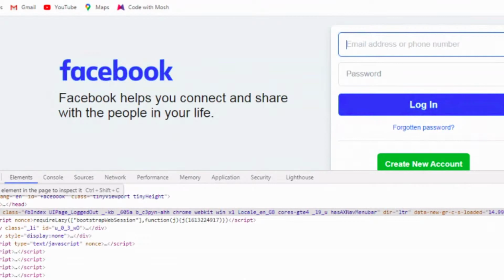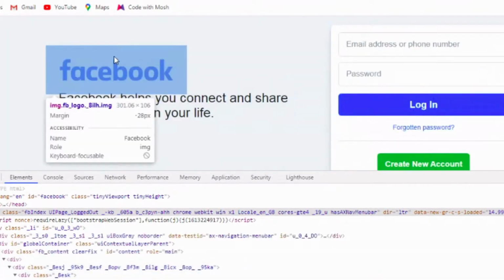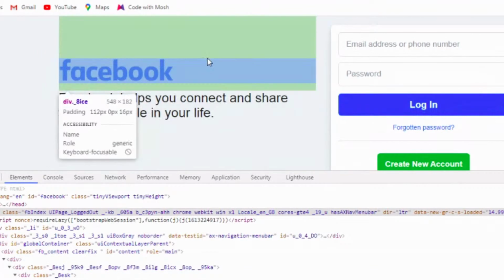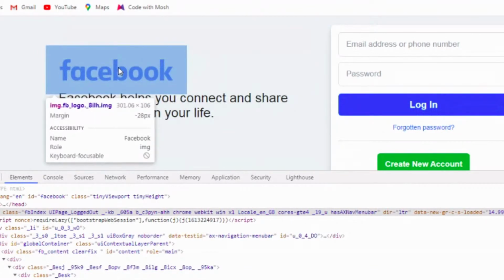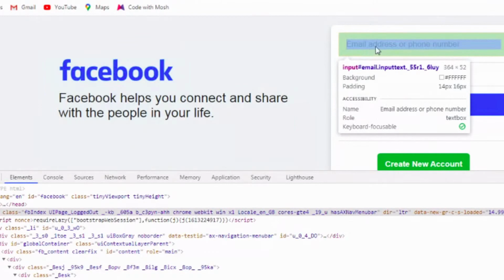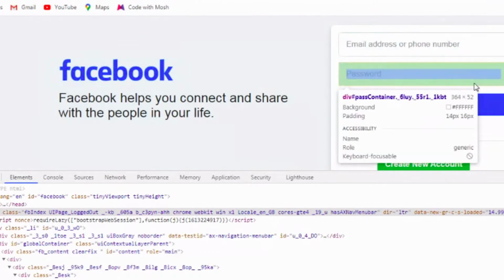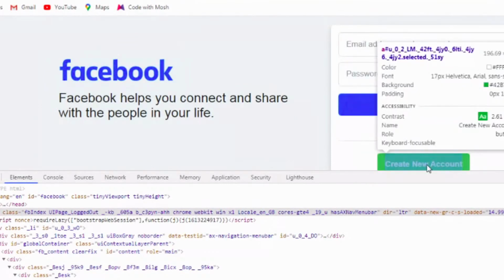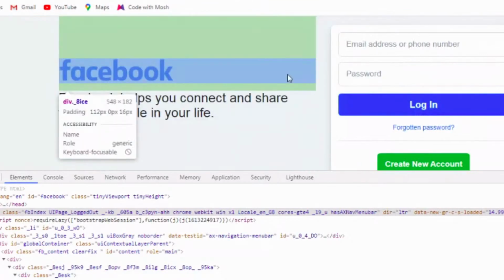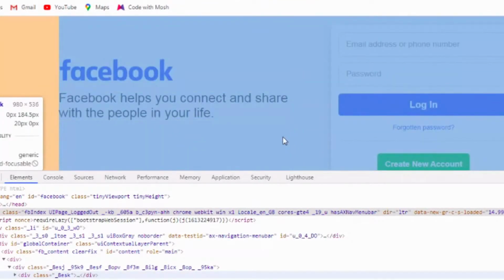Just click on this arrow, and after clicking, when you hover on any part of the page, like this text, image, input text, button, the create new account button, even the background or the complete container of your page, it highlights that part.